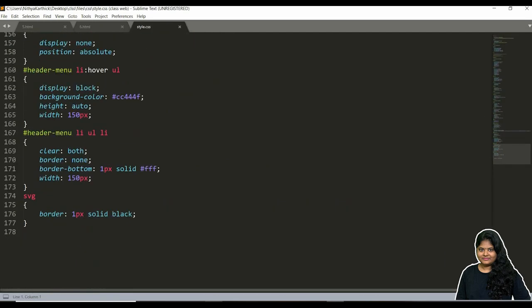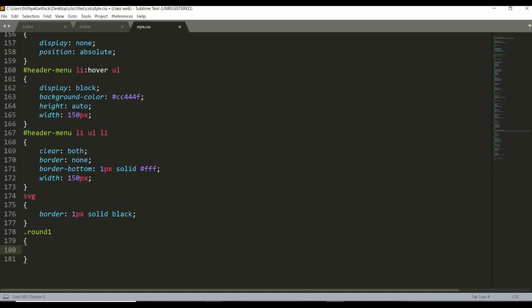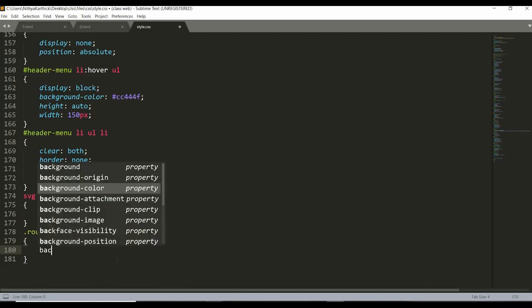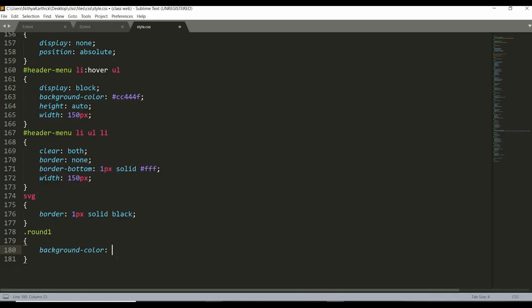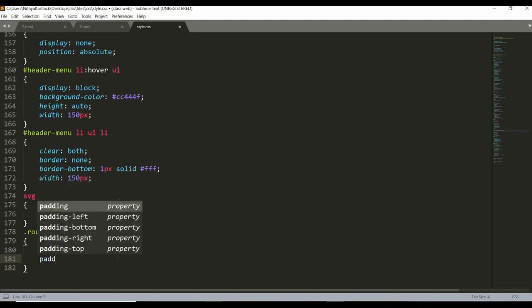I hope you know the difference between ID and class. For class we mention it as a dot, for ID the hash symbol. Okay, round 1. For that I am going to give background color as green, just for example. And let me give padding.